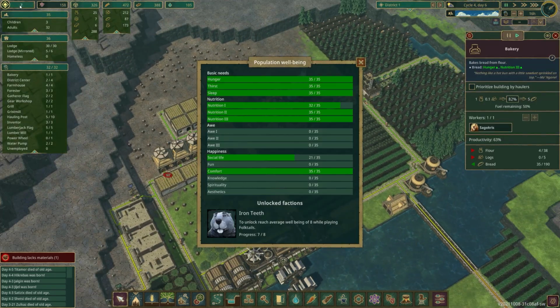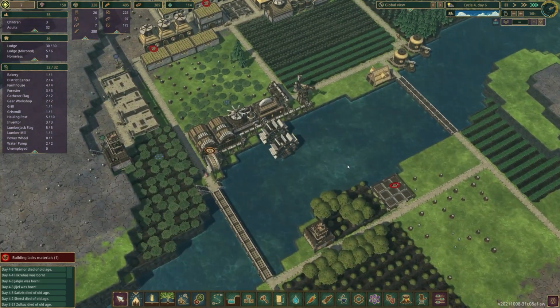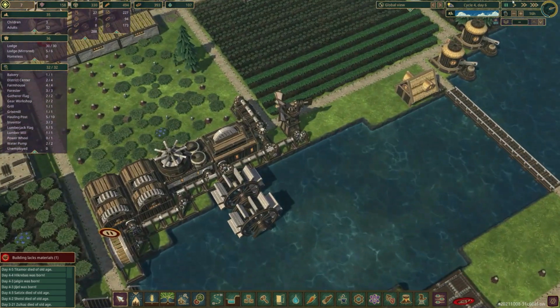Making bread. And there you go, we have nutrition 1, 2 and 3 complete. Hunger, thirst, sleep, nutrition 1, 2 and 3, social life and comfort. That's 7 out of the 8 for the next faction. Okay, we're going to leave it there for now. That's been a bit of Timberborn, and...